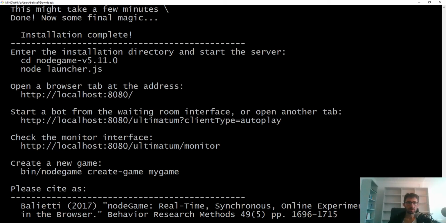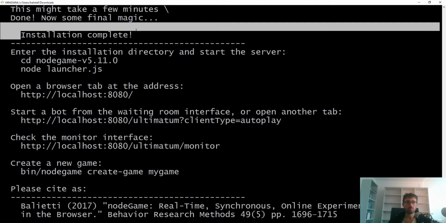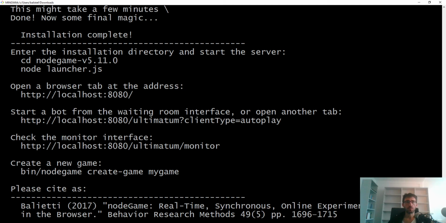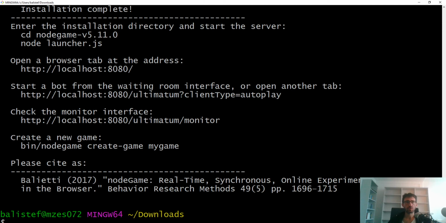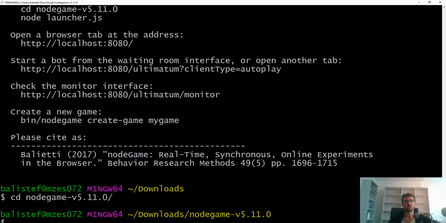Alright, it was installed. As it says, installation complete. It gives you some information about how to start the server, which is exactly what we're going to do right now. So let's do it. It says to cd, change directory, from where we are into the nodeGame installation directory. nodeGame-v5.11. Enter. So you see it got updated here